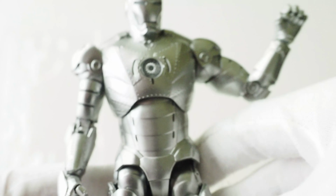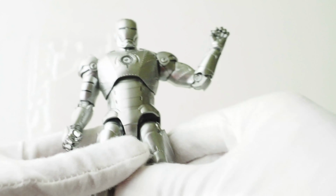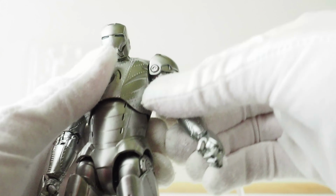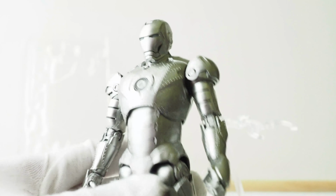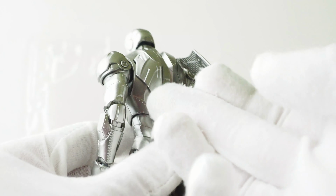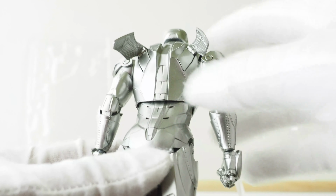So range of motion wise, if you have the Mark III version, you will notice that it's not that great, but it does look amazing. The paint job on the Mark III does look amazing. This one, I say it's okay, not as impressive as the Mark III. I'll do a comparison with the Mark III, but yeah. Oh, and then the flaps here can open up. I believe these, yeah. So it's pretty much the exact same articulation as the Mark III here,